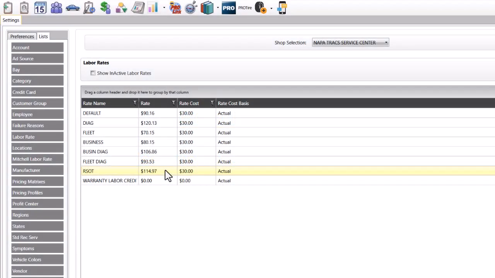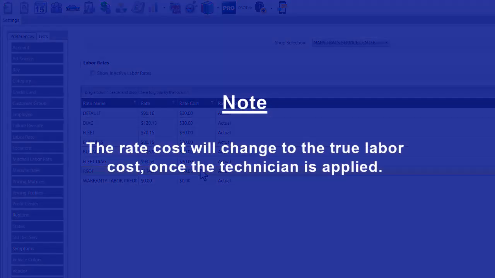We also have an arbitrary number in for the rate cost, that $30 number that you see there. And why is that there, you might be thinking? That is a placeholder. Should you be creating an estimate before you place a technician, which you saw in a previous video in the series, before that technician is applied to that estimate, we don't want a 100% profitable example there. That might be a tendency for a service writer to discount under the auspice that we're making more profit than we are. That number will change when the technician is applied to that labor item